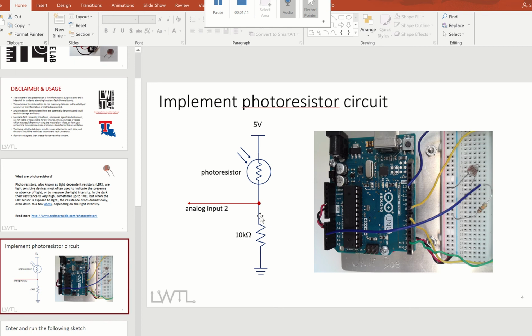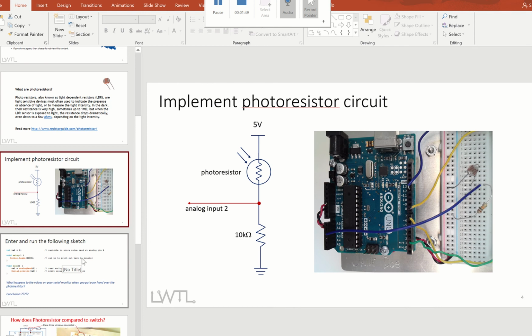Like we talked about in the previous video about digital and analog, this analog input is going to read from 0 to 1023. When you read 1023, it means the voltage here is equal to 5 volts. And if you read 0, it means the voltage here is going to be 0. Knowing that, we're going to go ahead and create